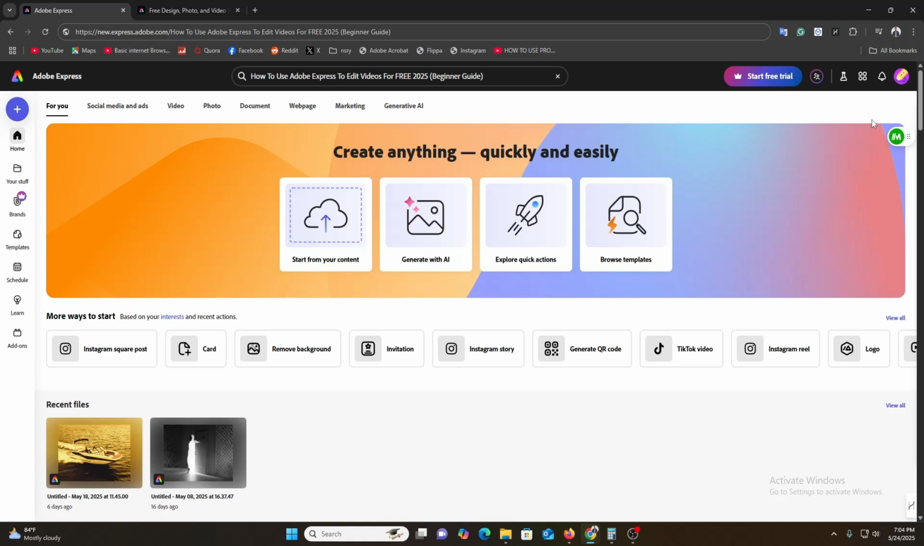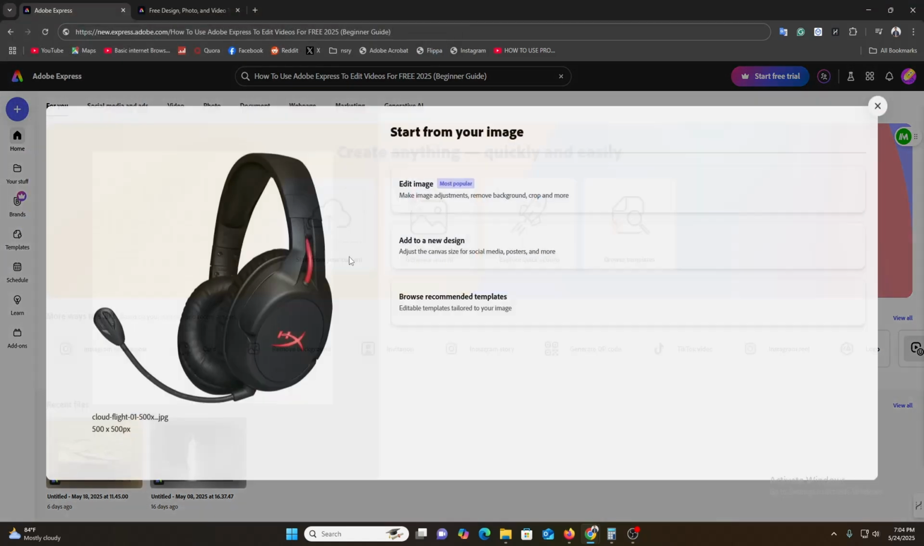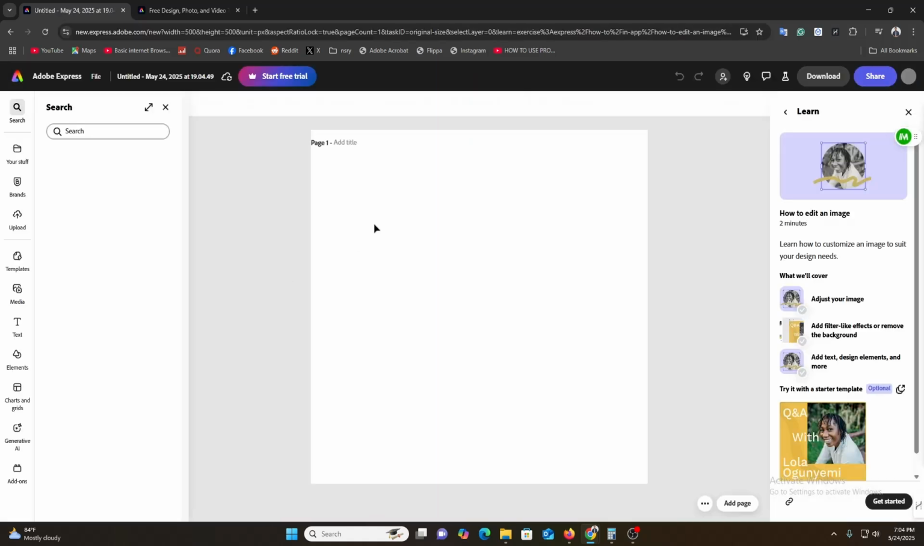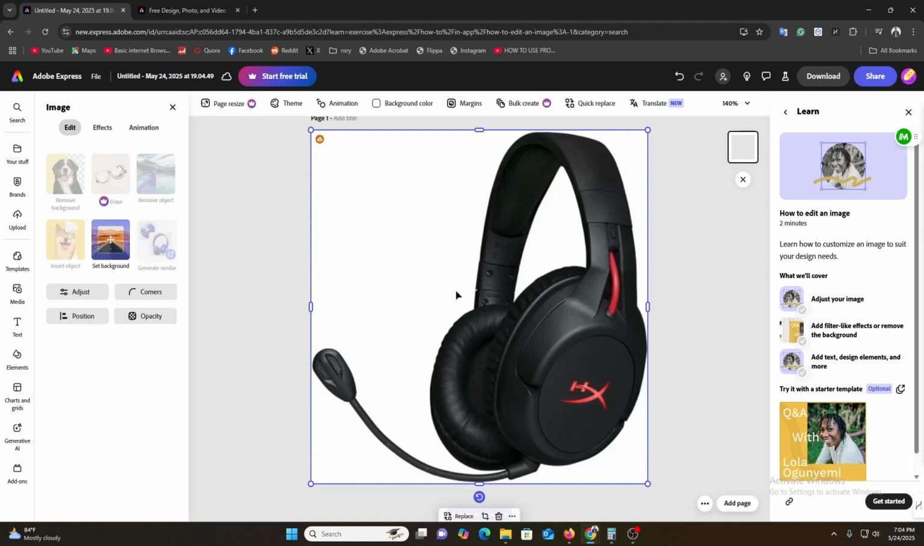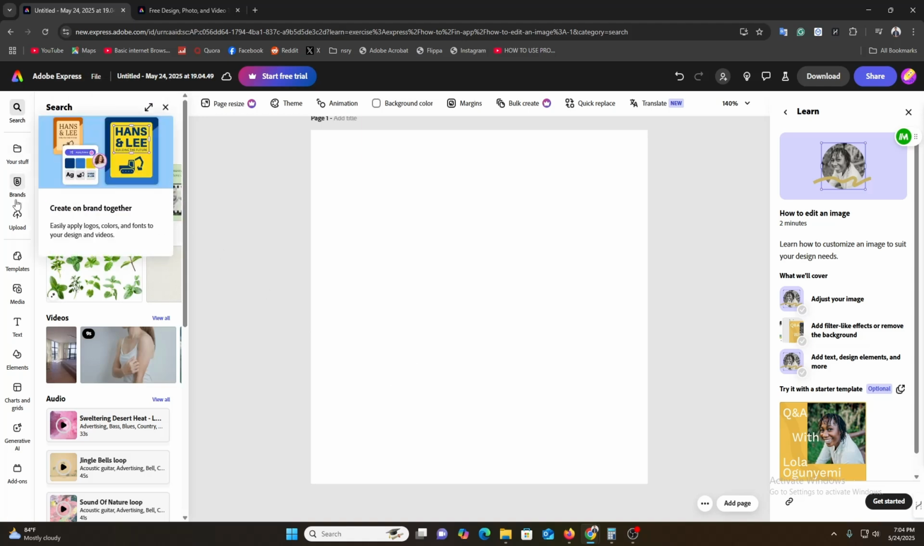Here you just need to click start from your content or generate with AI, or here we have a bunch of other options. You can browse templates over that place. So I'm going to create content from scratch, and for that reason I'm going to click over here. Once I click, I will select this option, edit an image, and it will take a while to set up everything for editing this design. Or you can just click this one and it will be a blank template where you can add any element you want